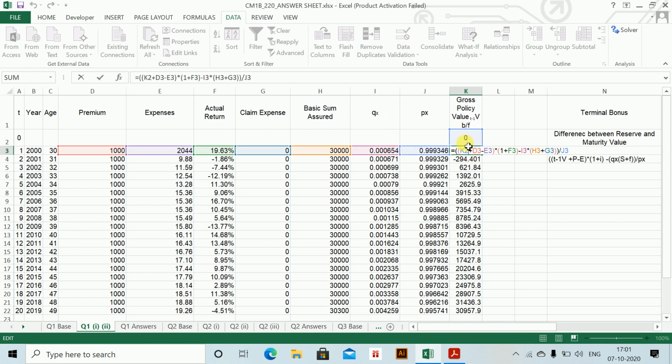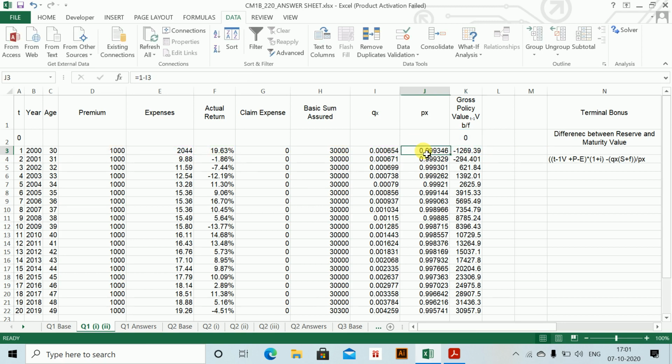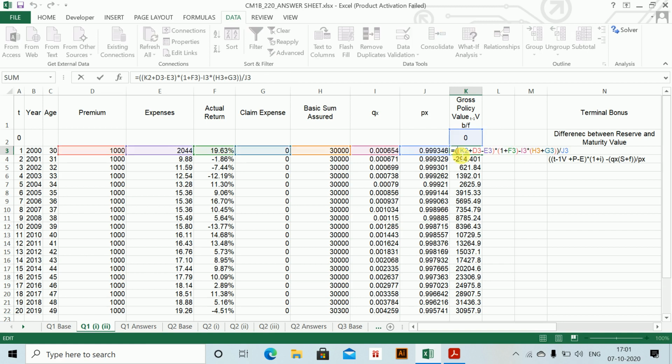So previous year 0 plus premium minus expenses, into 1 plus F3, minus qx, which is my value I3, into sum assured plus claim expenses, the whole divided by px. So this gives me the reserves, and if you pull this down you get the values. So this is how you use the recursive relation.